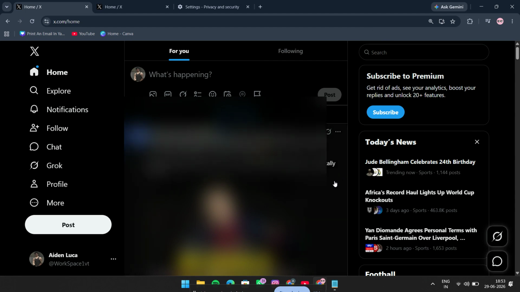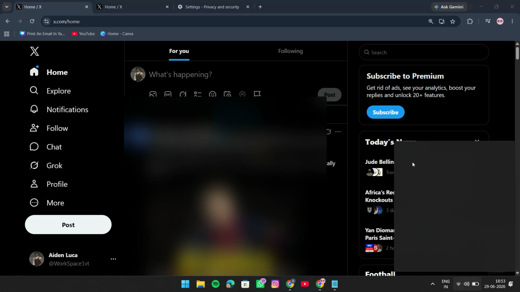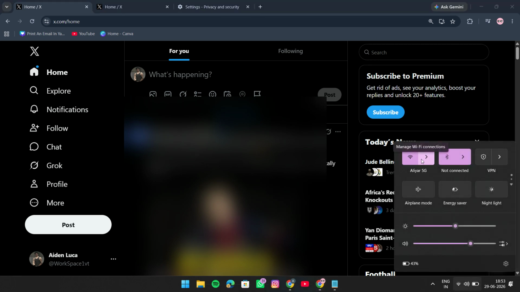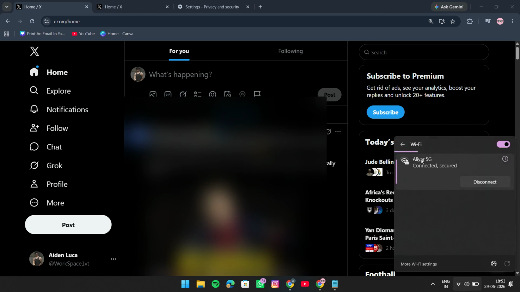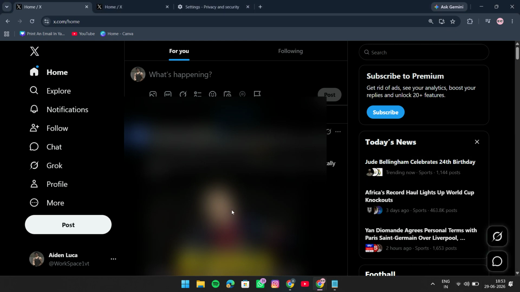If that does not fix it, move on to your internet connection. Turn off your Wi-Fi and switch to your mobile data, then try signing in through your phone connection instead. If you were already using mobile data, do the opposite and connect to Wi-Fi instead. This helps you test whether the issue is coming from your network rather than from X itself. Sometimes one connection gets temporarily flagged or just fails to load certain site elements correctly, so switching networks is a